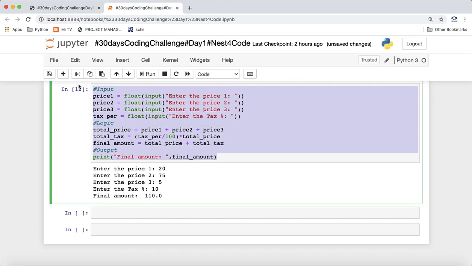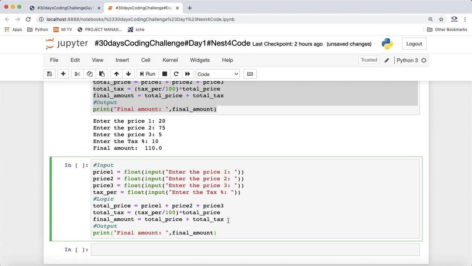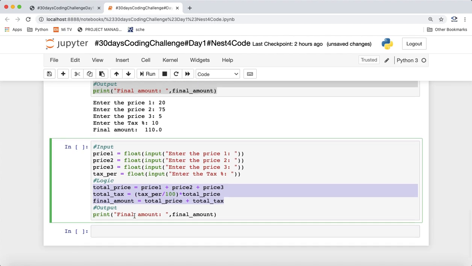Okay guys, so let's try out one more way, because here we are using 3 variables. Let's try to reduce the number of variables. Our code is absolutely fine right now also, but we can try to do more around this part. So what we'll do, in place of total price, we can use this directly.